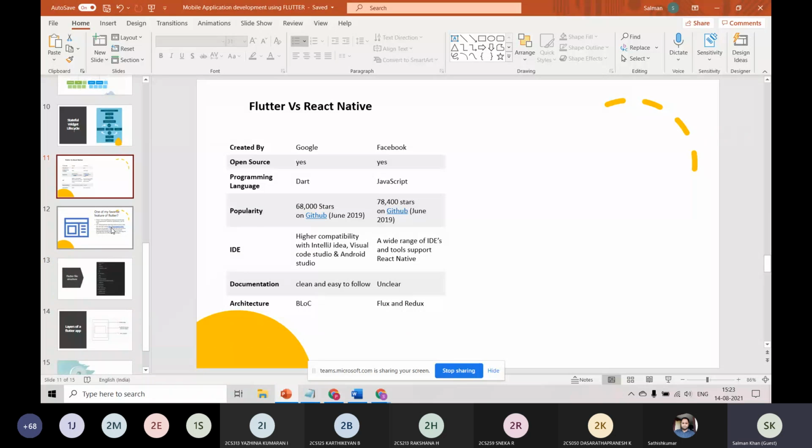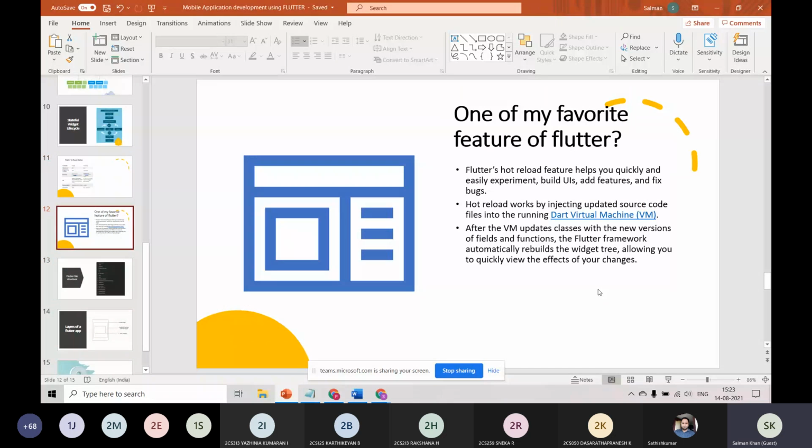One of my favorite parts of Flutter is called hot reload. What is hot reload? You may have some confusion. Suppose you are making an application with a screen like this, where there is an image, a text widget, and a header widget, and everything here is a widget. And you are on the fifth screen and debugging the code.